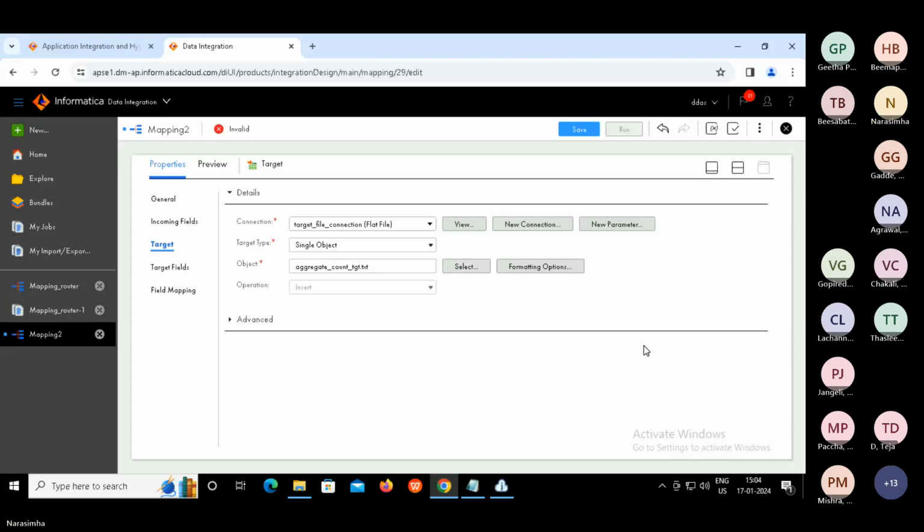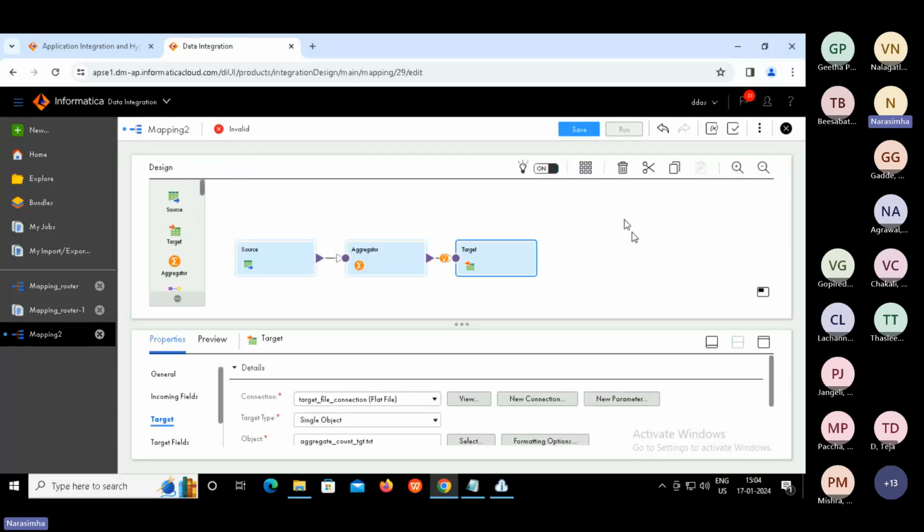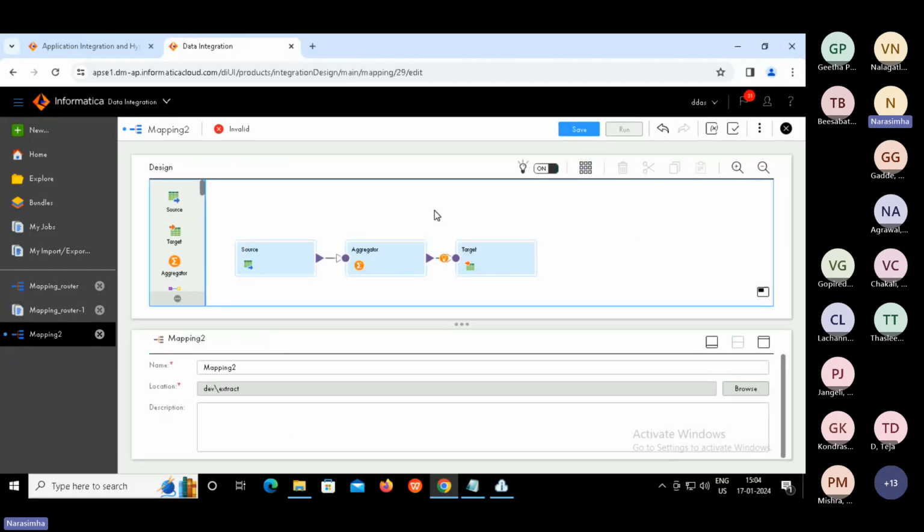Done, guys all? Perfect. So restore. Now we can supply the mapping name. Click on mapping workspace, supply the mapping name: mapping underscore aggregator.